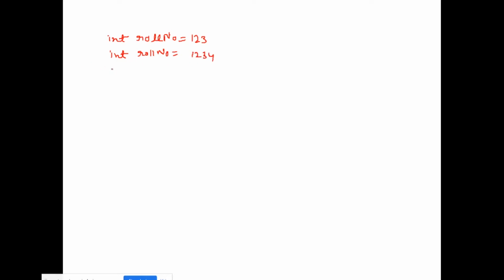Another one, here I have to give some other name, roll number 2 is equal to 1235. So these are the integer variables, right?